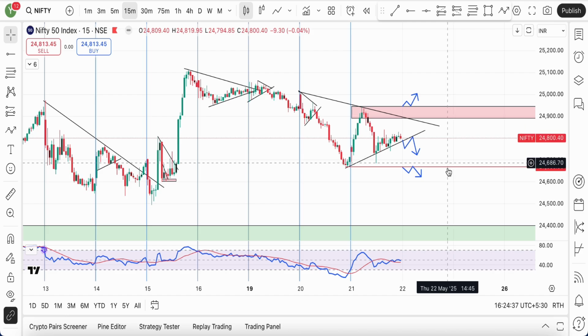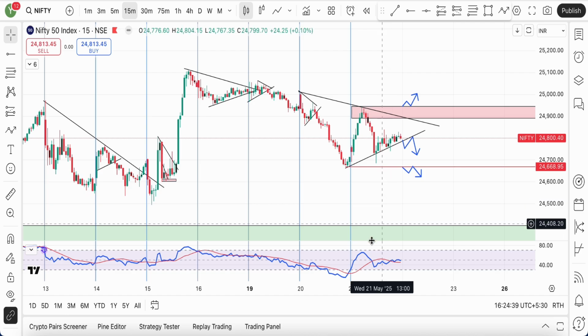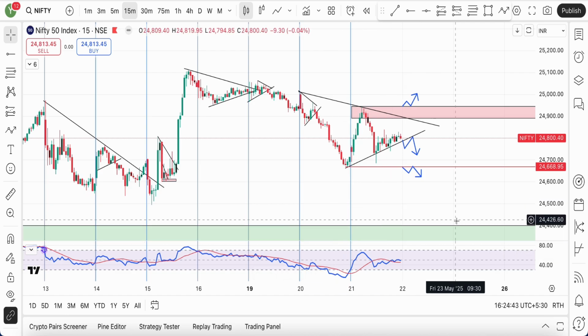That is the rule which I follow on expiry and expiry minus 1 day. I shift my trading to the next week's option. So that will be my suggestion to all my followers. That is just a way to safeguard your capital. You might be paying a little bit extra premium, but that is something which helps you preserve your capital. And I believe that is something which is extremely important in the longer run, right?